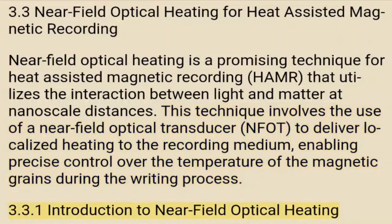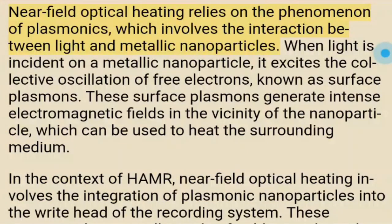3.3.1 Introduction to Near-field optical heating. Near-field optical heating relies on the phenomenon of plasmonics, which involves the interaction between light and metallic nanoparticles. When light is incident on a metallic nanoparticle, it excites the collective oscillation of free electrons, known as surface plasmons. These surface plasmons generate intense electromagnetic fields in the vicinity of the nanoparticle, which can be used to heat the